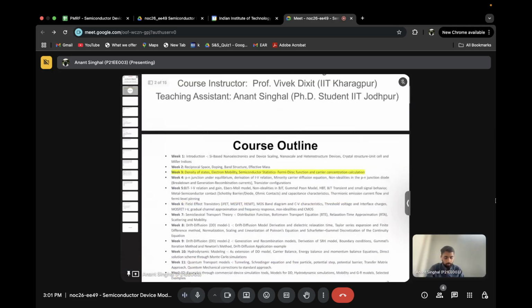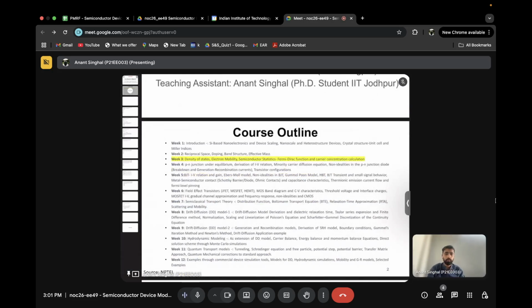So till now, in the previous two lectures we have already established the very basics of this particular course: what is modeling, why do we require modeling, and some of the very basics of silicon, that is, what is the crystal structure, how do we deal with it, and some of the things such as doping, what is the band structure of silicon, what is the effective mass in terms of electrons and holes. I would say today is the most important lecture for this whole course because today we'll